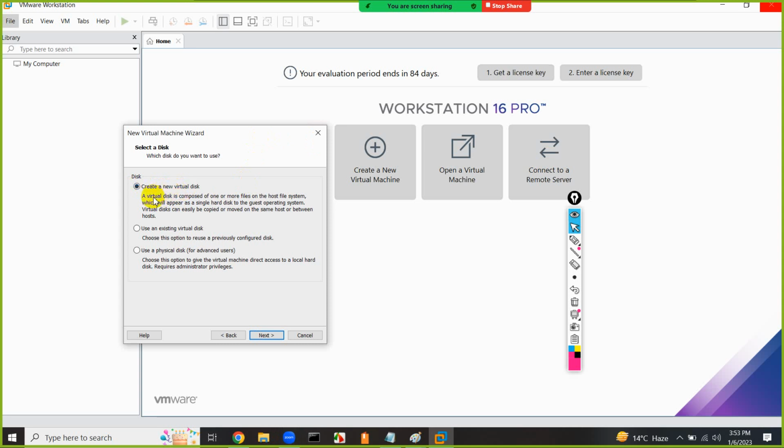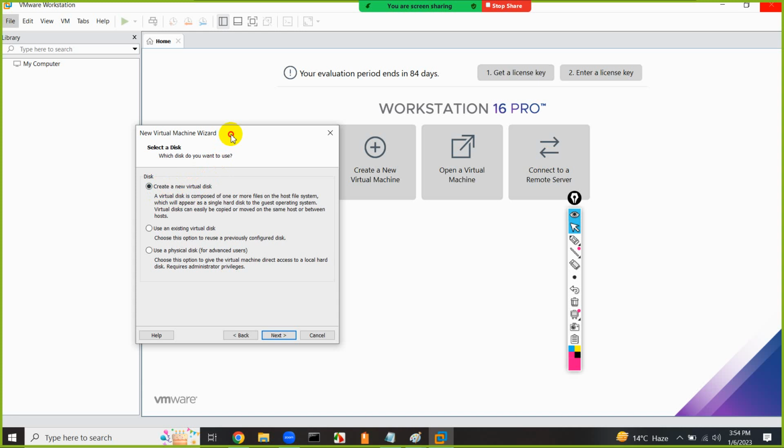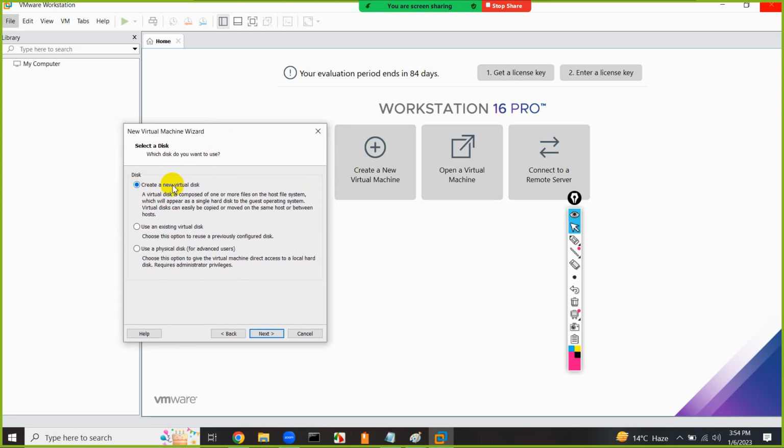What will happen? A virtual disk is composed of one or more files on the host file system, which will appear as a single hard disk to the guest operating system. A virtual disk can easily be copied or moved on the same host, and we will discuss these options. So you should select this option if you are a beginner. So I just select this option. Once you click next,